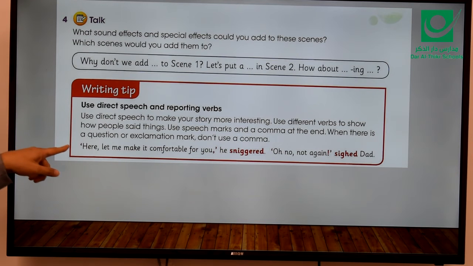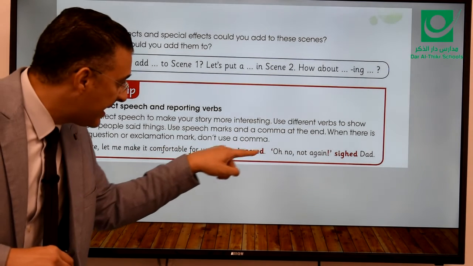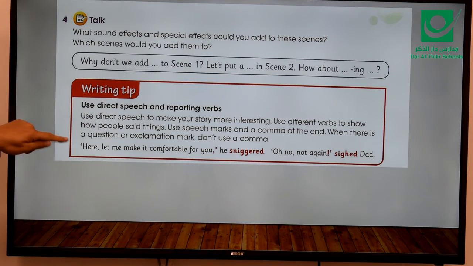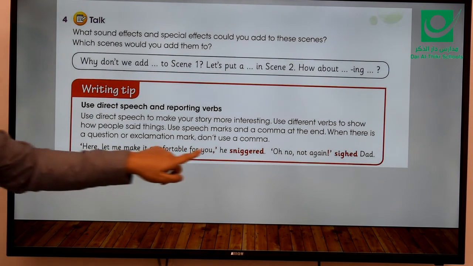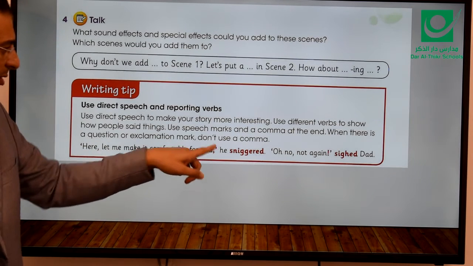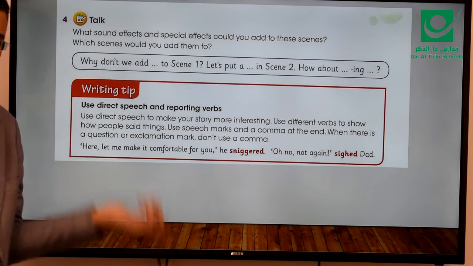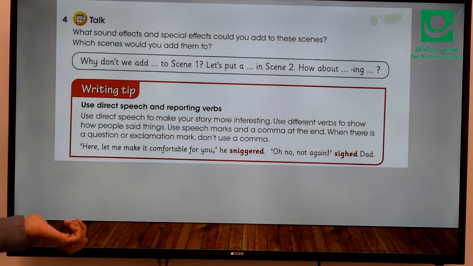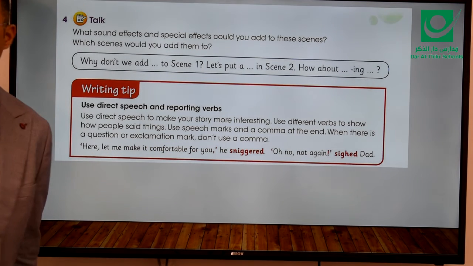For example, look at the marks here, which are in red font. What is this? And this. Here, let me make it comfortable for you. It's between commas. What do we call these commas? Yes, we call them speech marks.